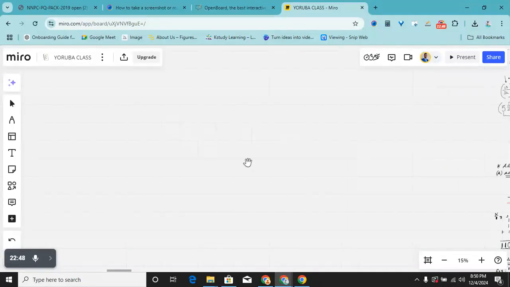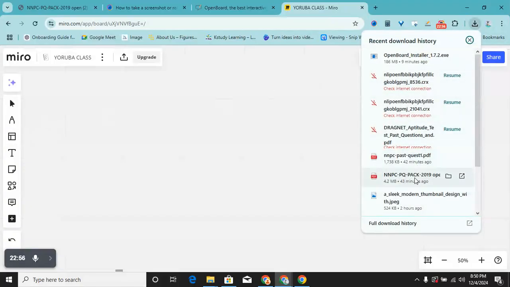So, guys, let's start with this. Let me drag the PDF now. Let me just drag it from here. I think it's this one. Let me drop it here. I'm not sure whether this will be very easy for us to use, but let me try the whiteboard and see if it works. It's small, but